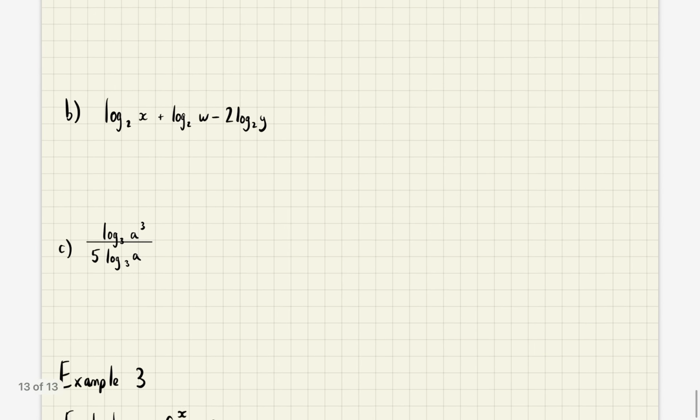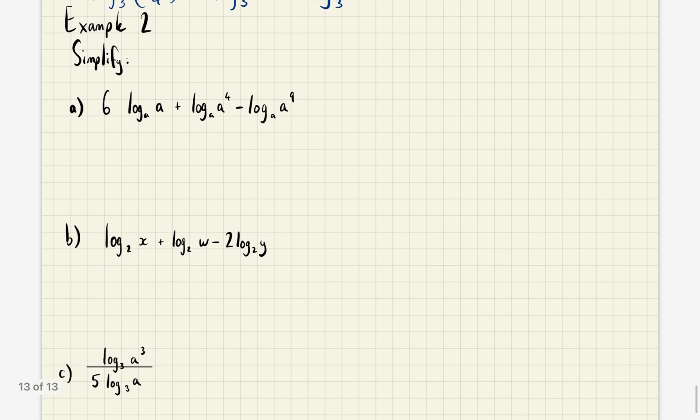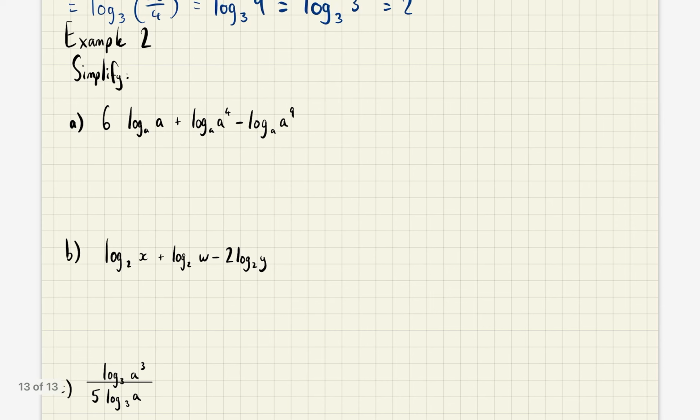All right, we've got one more example. Two more examples, but these ones are a bit quicker. We've just got some more logs, but you'll notice before it was an evaluation, this is a simplify, and that's because we have unknowns or variables, pronumerals. So we're going to have to work with that. So first of all,